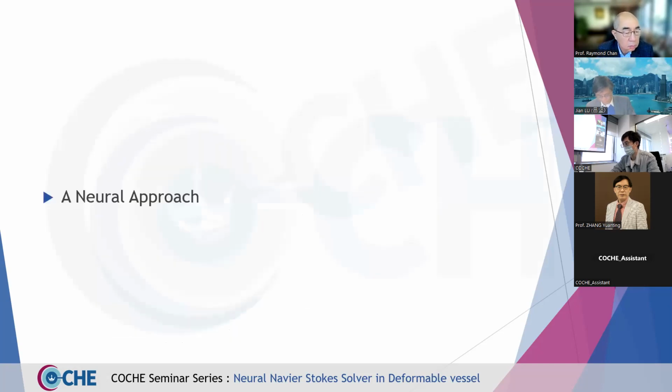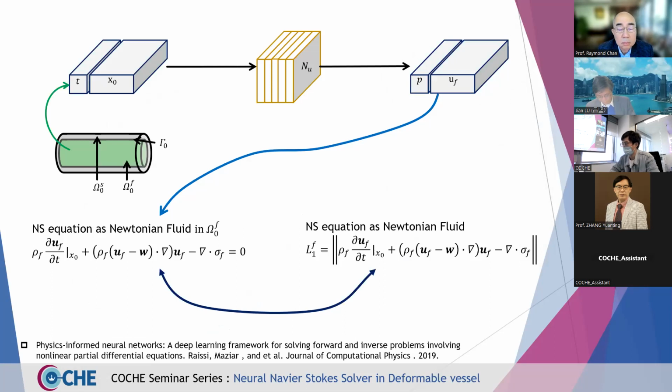Okay, so let's talk about our approach. Our approach is mainly based on the PINN framework. PINN stands for physics-informed neural network. We first sample some coordinates inside our computational domain, which in our case is the time coordinate and the spatial coordinate, so it's x and t. We input this x and t, and we hope to get a function for u, which is